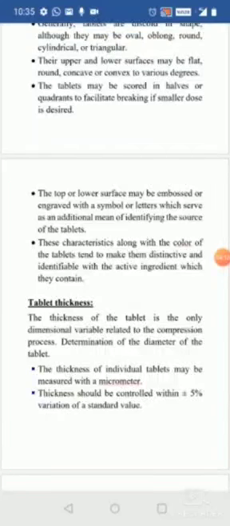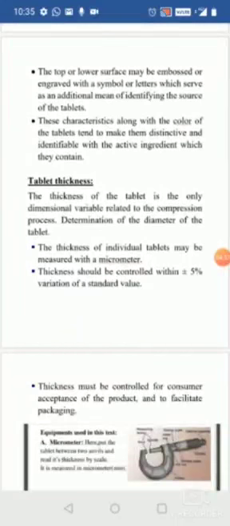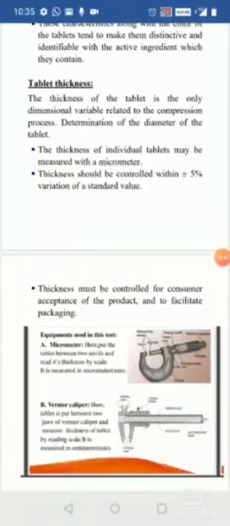The tablet thickness should be within 5% variation from the standard value. The tablets should not deviate more than 5% from the standard value. It should not be thicker or thinner than the standard value. If it is thicker, then the compression strength is less, and if it is thinner, then the compression strength is more. Okay, so the thickness should be controlled for the consumer acceptance of the product